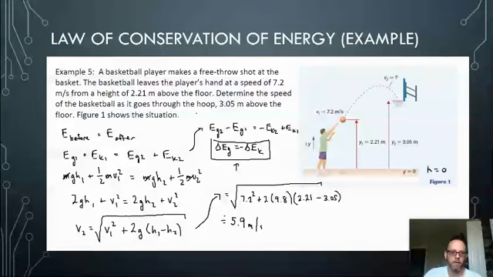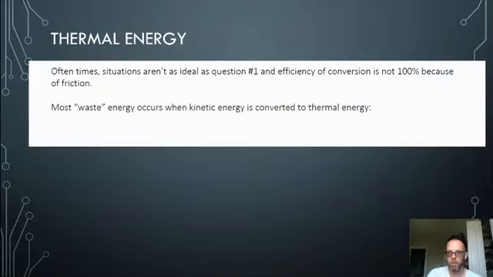Energy is conserved, but kinetic energy and gravitational energy won't be infinitely conserved. So maybe like a pendulum moving back and forth. As it moves back and forth, energy is converted from gravitational to kinetic and kinetic to gravitational. But we all know that a pendulum, eventually due to friction and air resistance, will slow down. And so sometimes we tie in those problems where we lose energy and where things aren't 100% efficient, we tie